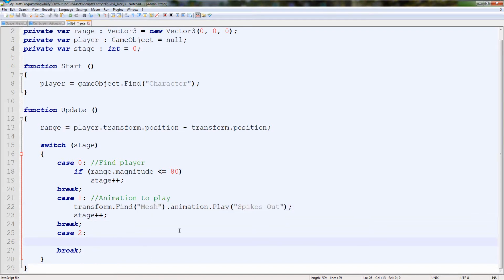We type if, and then in here we find our animation again, so we need transform.mesh animation, that, and then instead of dot play, we put the square brackets, and the name of the animation you want to check. I always get confused with this bit. I don't know why it's square brackets, I think it's because you're accessing an array, so spikes out, and then you type dot. Now this is the thing, some people put is playing, so if blah blah blah animation dot is playing, but